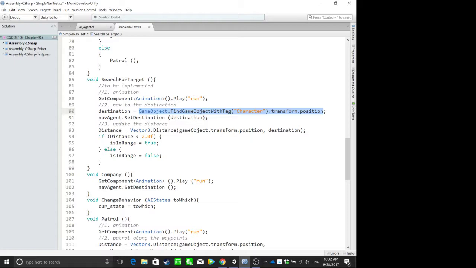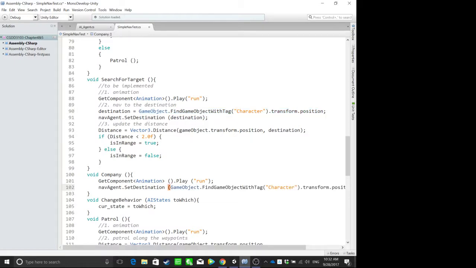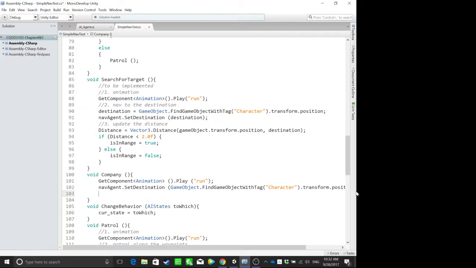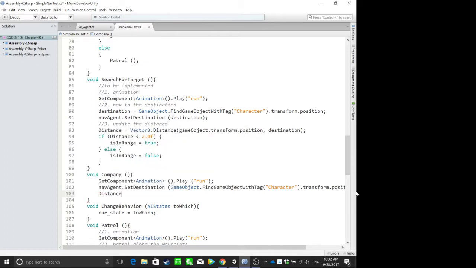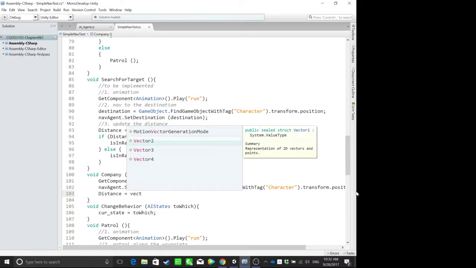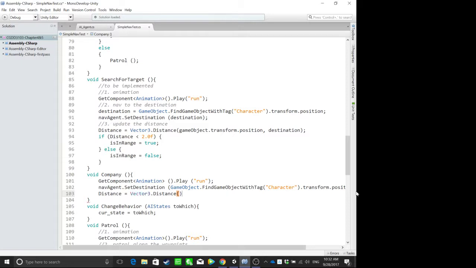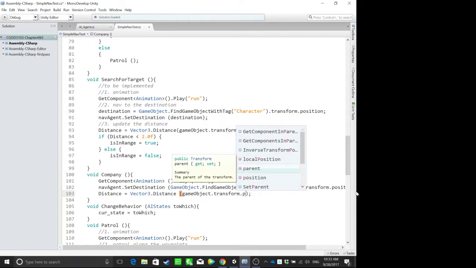Kind of this. The character's position, right? And let's see a distance. We will need to check the distance between these two. Okay, so Vector3.Distance, and it's a game object's transform position